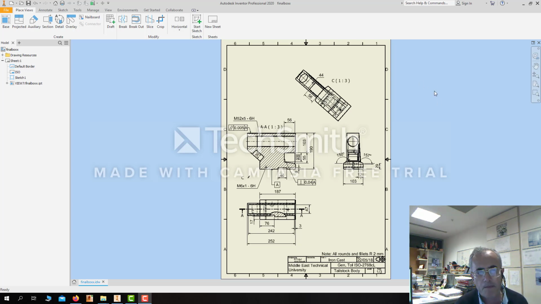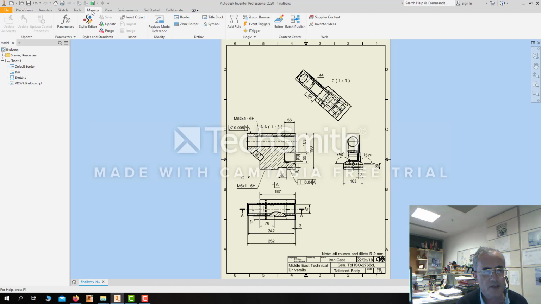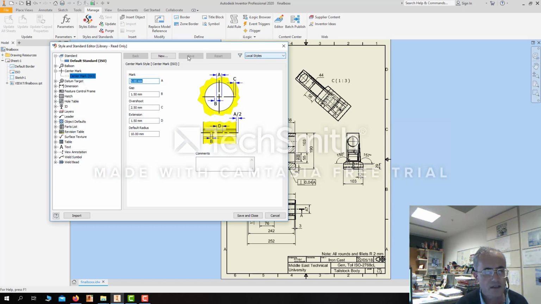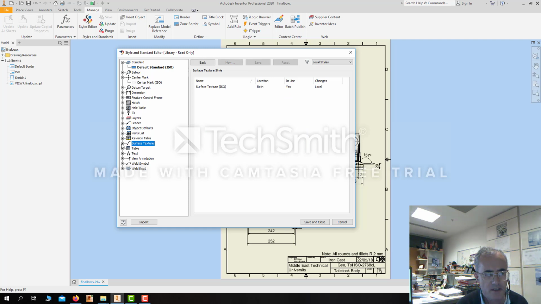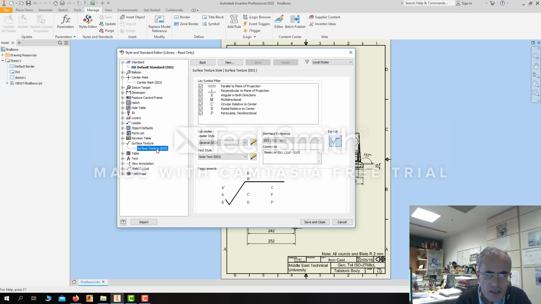For changing the surface texture format configuration, click on the Manage tab along the tab menu bar, and then select the Styles Editor option with a click. Then in the configuration dialog box select the Surface Texture option from this pane. Click on the associated cross and find in the list the Surface Texture ISO option. After making a click on this option, in the other pane you can see the standard reference format option is